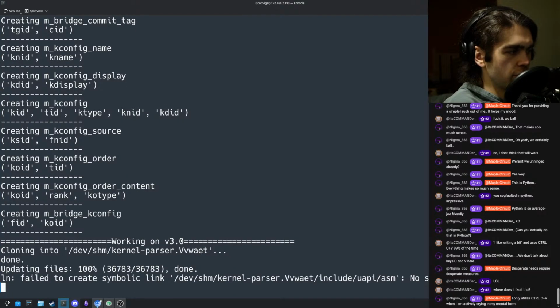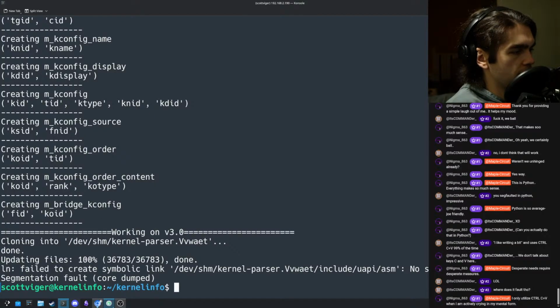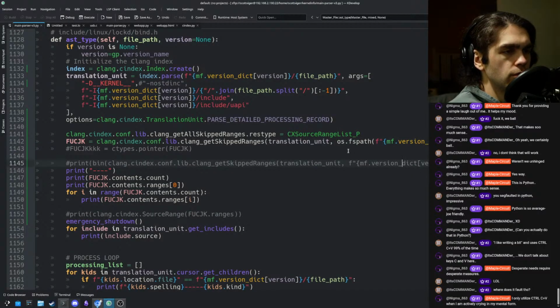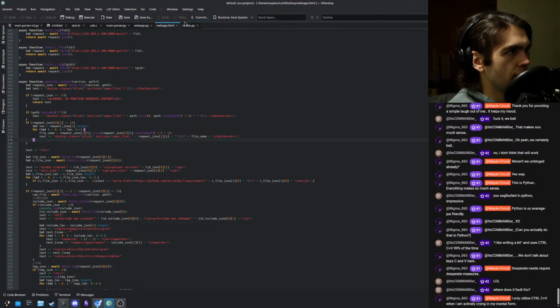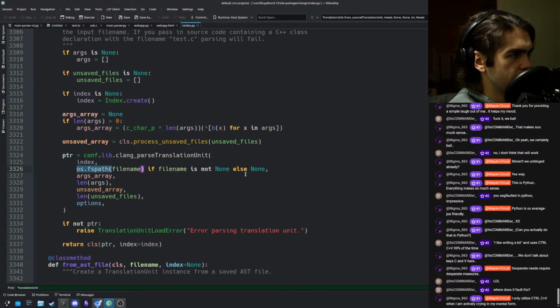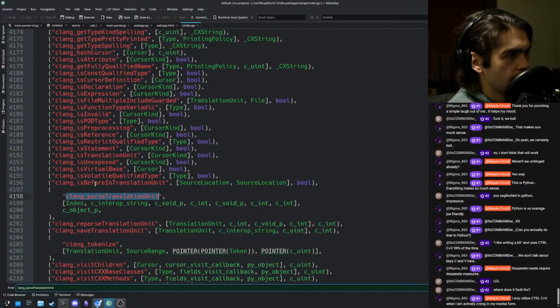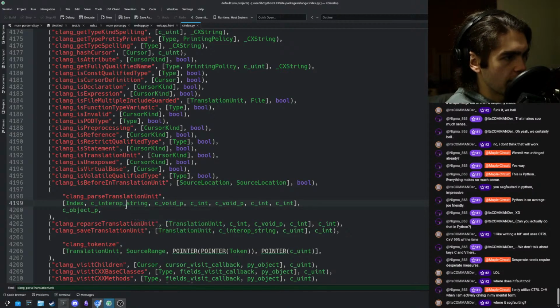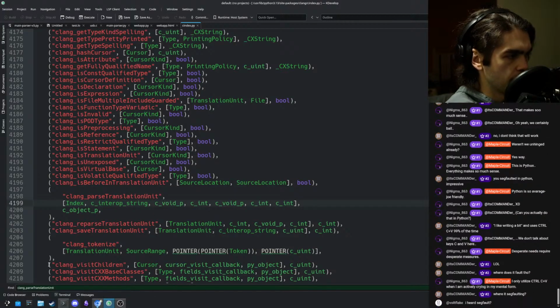I'm always using Control-C, Control-V. It's my life. Alright, so... What? Why you segfaulting, little bitch? I don't want to see JavaScript right now. Okay, first of all, I'm probably being a dumbass, okay? Because if I'm seeing this, I'll go there. Okay. It is expecting a string, right? That's the issue. So let's go check what